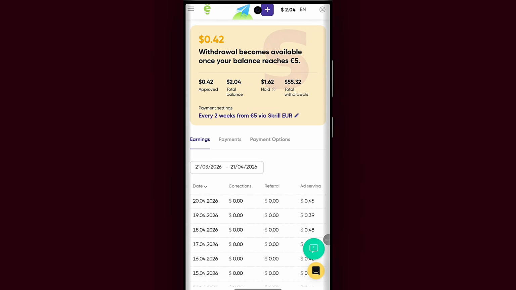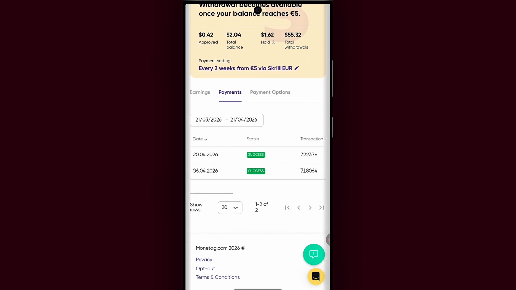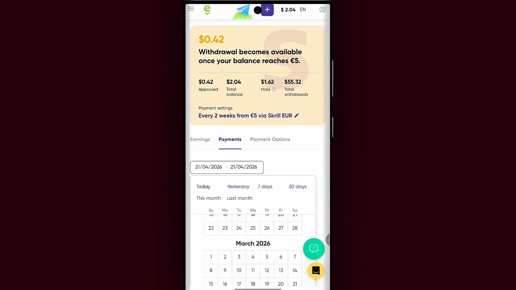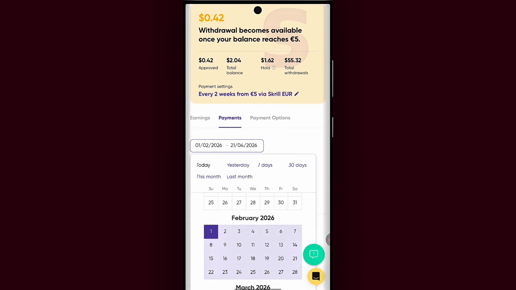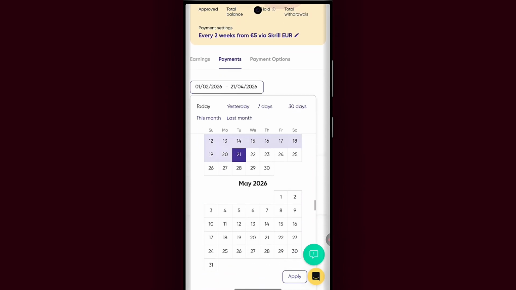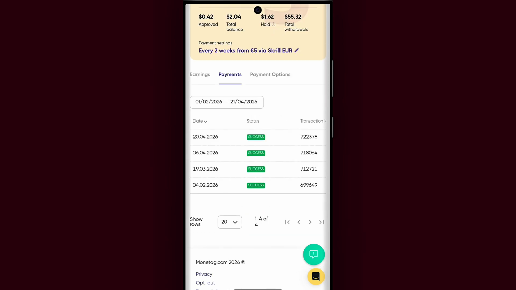Now I'm going to show payment proof of all the payments I've received so far. I have been able to earn and withdraw over $55 in total. Also, if you look at the payments section, you'll see the list of payments I have received this month. Also, I will show you the payments from the last 2 months. As you can see, all the listed payments I've received so far, including this month we are in, and I also got paid on the 6th and 20th of this month of April, which is just a few days ago.